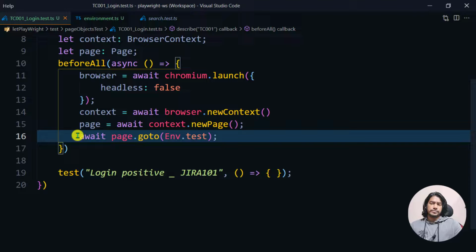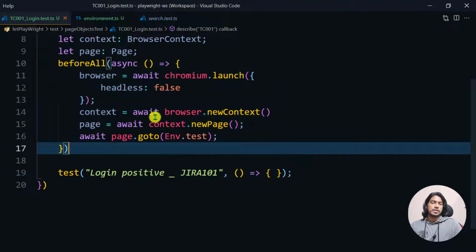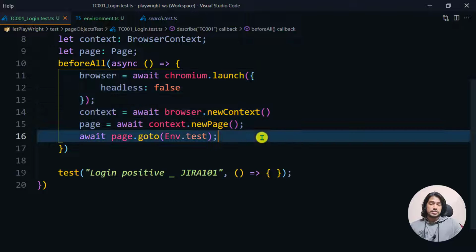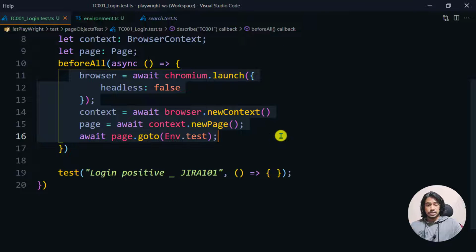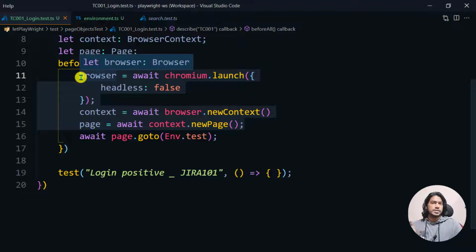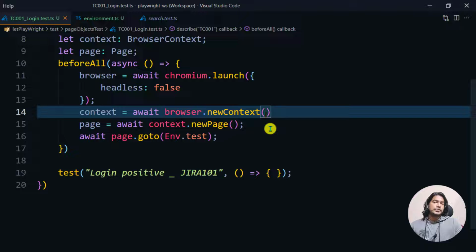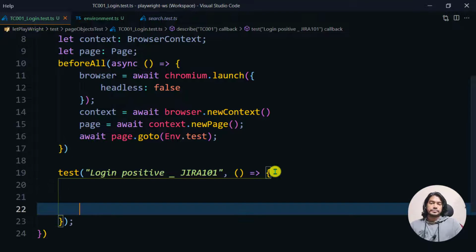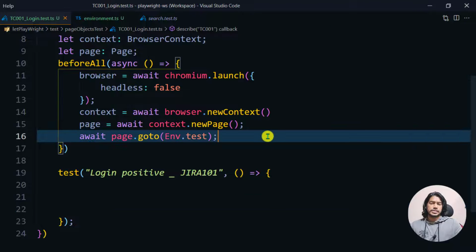We don't have to hard code here as well, we can write a common function, because for the first test case we are creating before all, and we are repeating this code. For the second test case also, we have to repeat the same. For the third test case also, we have to repeat the same. Instead of that, we can write a base class and do that here. So you write it once and you call it everywhere. That is the kind of framework. Anyways, we are going to write the test case, and here itself we can create the object,